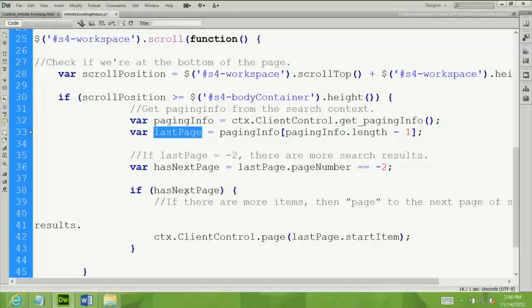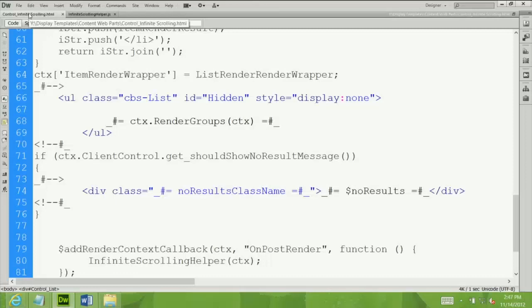And then, if there is more data, because I don't want to keep doing search queries even when I run out of cameras, I'm going to use this one line, which is really the entire reason I built this demo for you. I'm going to use the page method of the client control, and I'm going to page to the very next page of results. So that's it. Now that I've got that done, hit save on my helper function, hit save on my template,